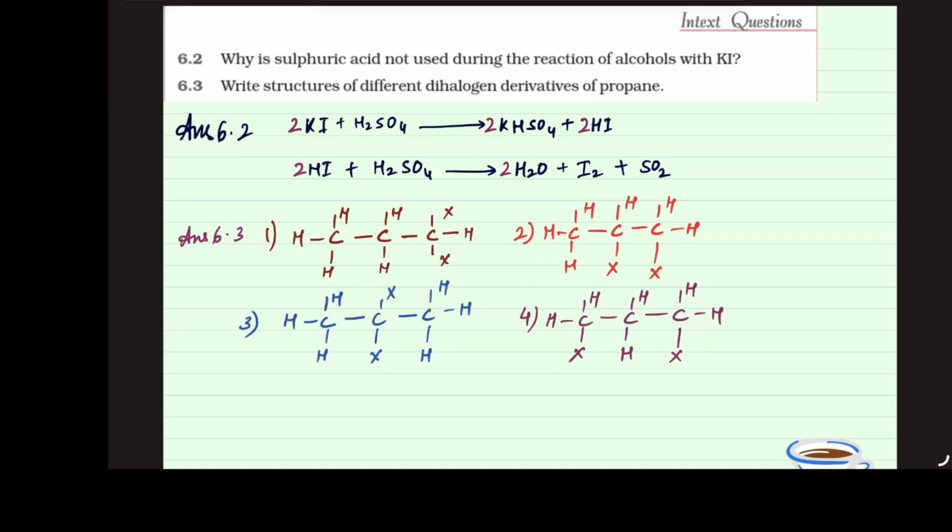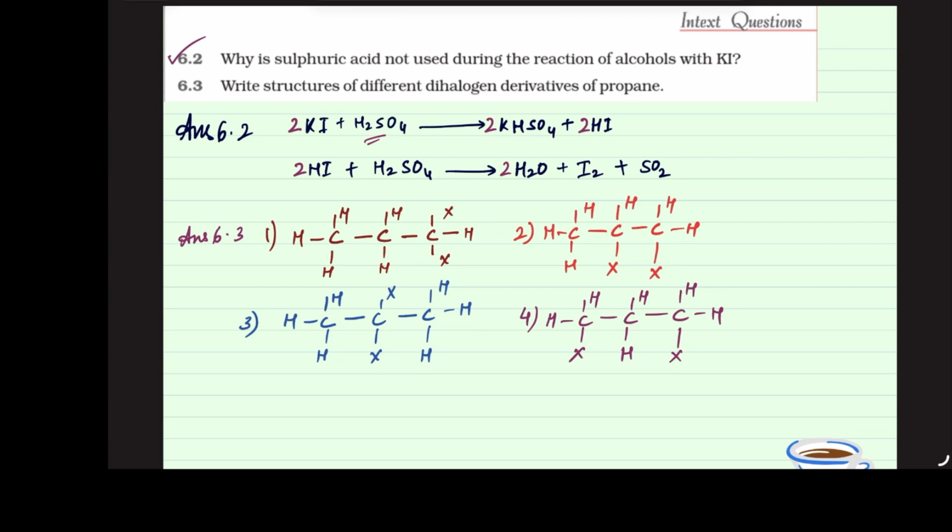In-text question, chapter Haloalkanes, question number 6.2. Why is sulphuric acid not used during the reaction of alcohols with potassium iodide? Sulphuric acid is not used during the reaction of alcohols with potassium iodide because sulphuric acid will react with potassium